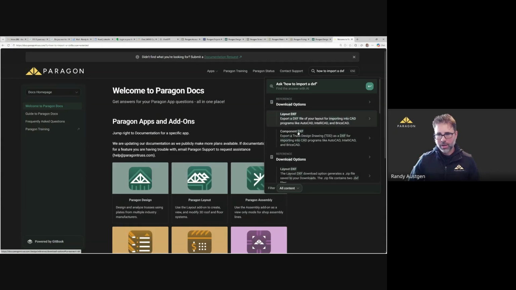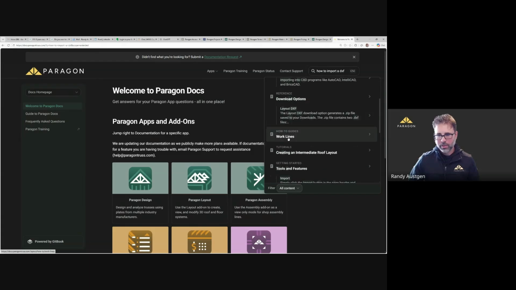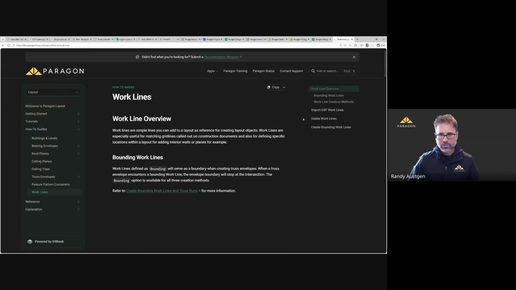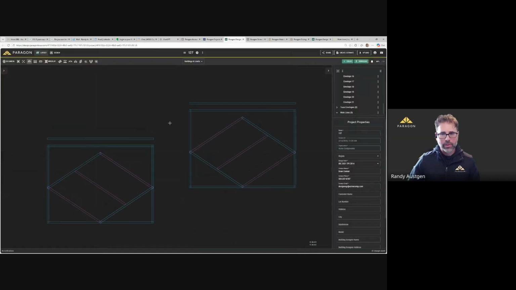We've got some output, we got some download reference, and we've got, oh, that's interesting. What is going on here? So if we take a look at work lines, we can import a DXF, import DXF work lines. So that is how we're going to go about doing this.